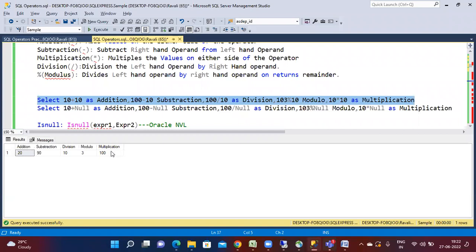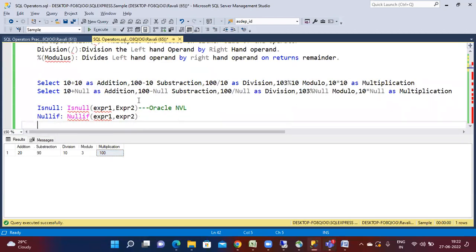Then comes multiplication, 10 into 10. And one more thing here. If you do 10 plus 10, you are getting the exact result. Subtraction 100 minus 10, you get the correct value. Division 100 by 10, correct value. Modulo, correct value. Multiplication, also a correct value. Right or not? But if I do 10 plus null,